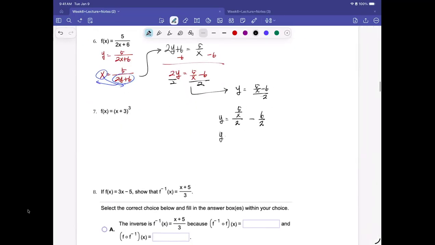So the y is going to be 5 over 2x minus 3. Because 5 over x divided by 2 is 5 over x times 1 over 2, right? So that's why 5 over 2x. So that's why the inverse is